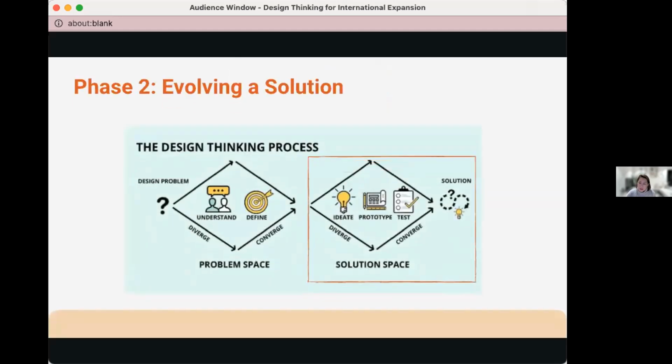So now we had some sort of prototype, right? But it's not the ending. You also need to focus on the solution. In design thinking, for me the first part is the most important process, but in the solution space, evolving the solution is also important. Each case has to modify what to do in this phase. But in this particular cafe project, what I did is